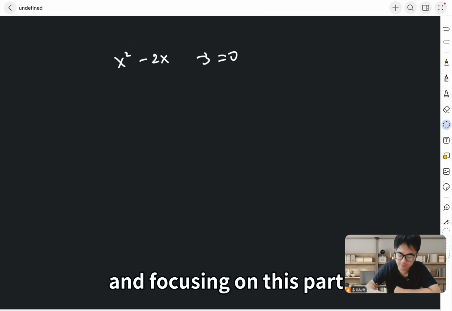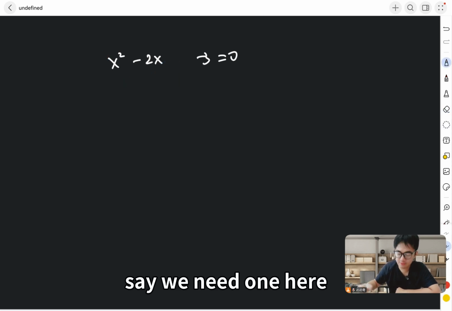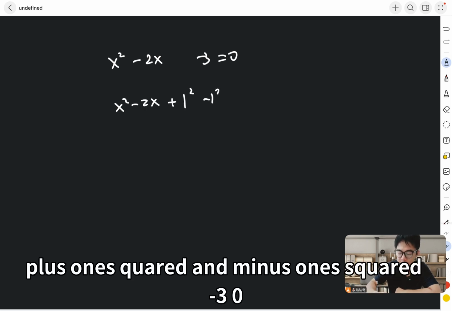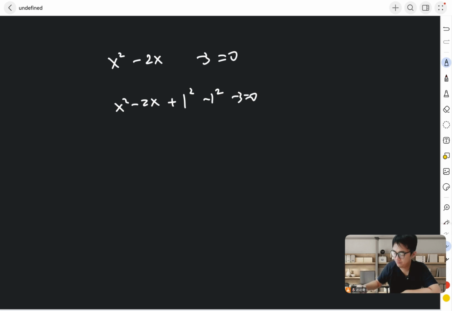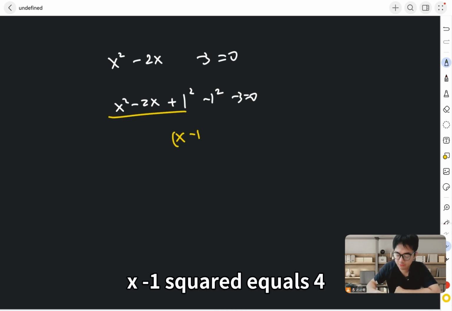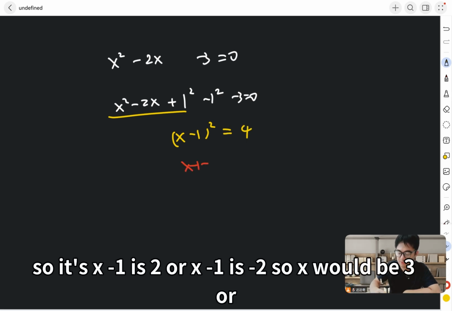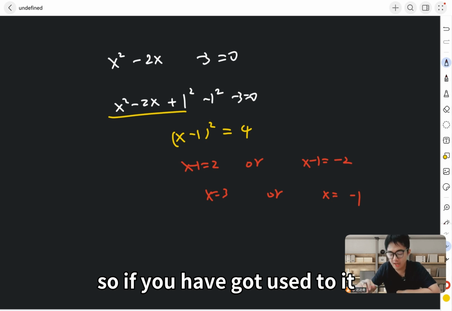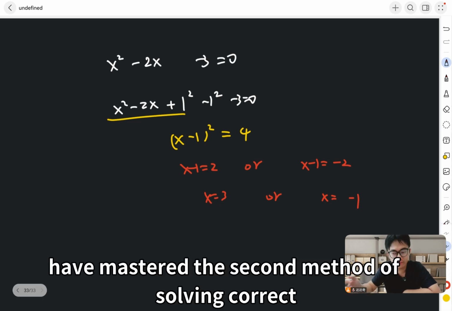And focusing on this part, I think we need 1 here. x squared minus 2x plus 1 squared and minus 1 squared minus 3 equals 0. And something in the middle could be rewritten as x minus 1 squared equals 4. So it's x minus 1 is 2, or x minus 1 is negative 2, so x would be 3 or minus 1. So if you have got used to this, congratulations, you have mastered the second method of solving quadratic equations